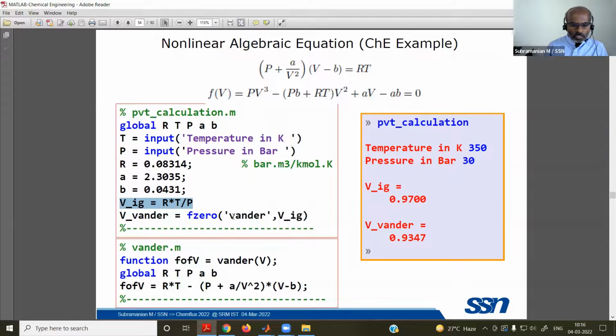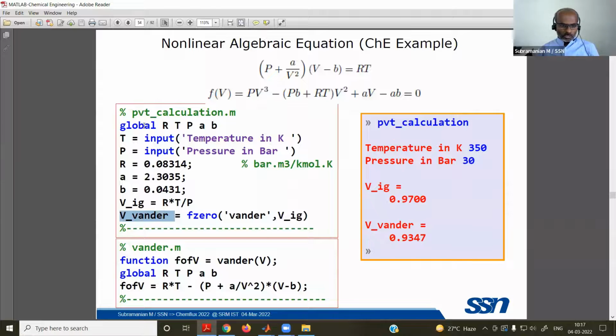So we get this volume calculated from Van der Waals using the initial guess from the ideal gas value, which is RT by P. T and P we give from these input statements, R is already available, A and B are also available, and VIG is now calculated. So this VIG is input, and I get this output, the estimated volume, assigned to the variable V Van der Waals.